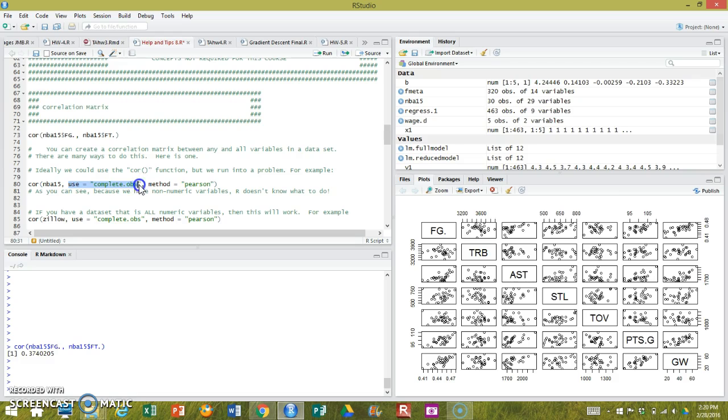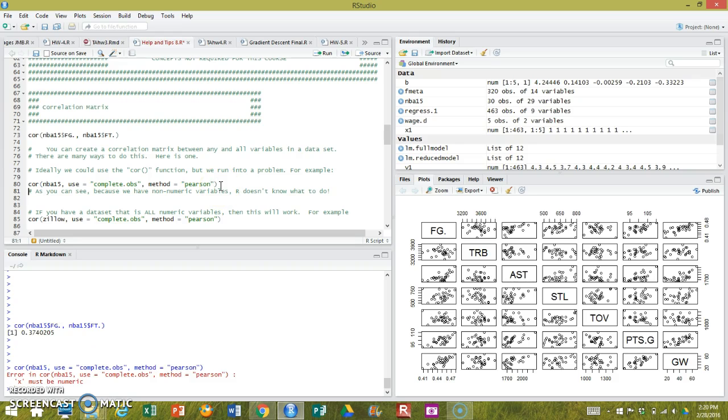Use complete observations, and I think that's just saying ignore missing data, and then use the Pearson method for executing the correlation. And that's exactly what this is. This was a Pearson correlation, our nice linear interpretation for a correlation. So if I try to run that, though,